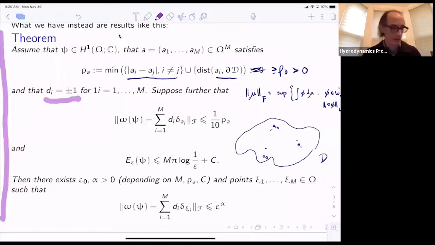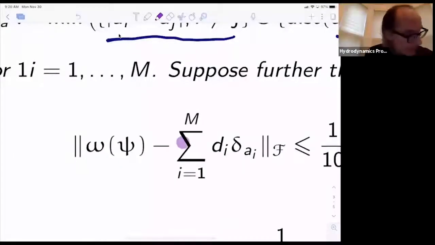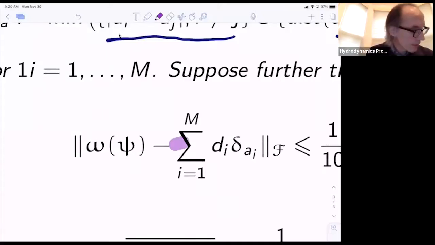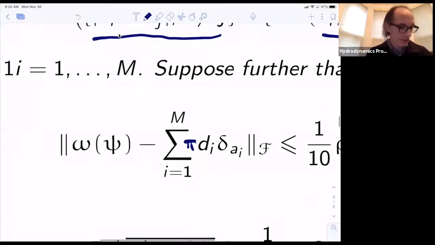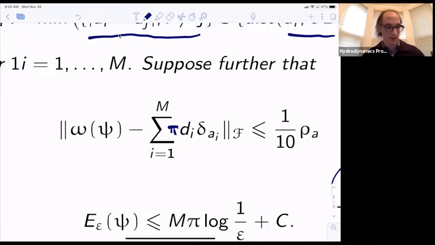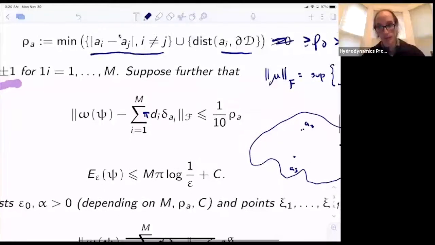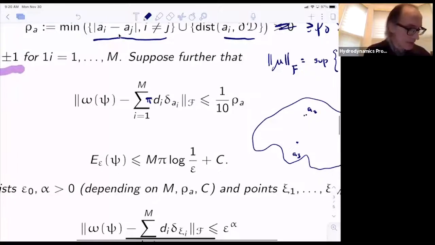So there should be a factor of pi here. The vorticity very naturally wants to look like a bunch of delta functions with multiplicities being an integer multiple of pi. Okay, and so I assume that in this weak norm,